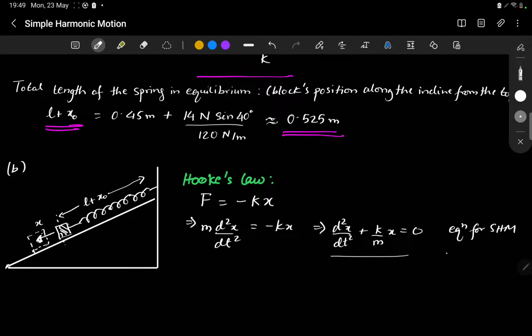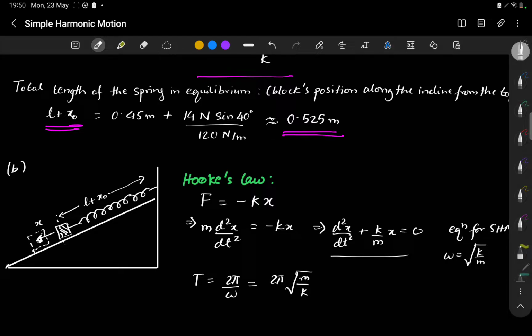Standard equation for SHM, with omega being square root k by m. This term right here, k by m, is omega squared. So our time period is 2 pi by omega, which is 2 pi root m by k. So this is the time period,